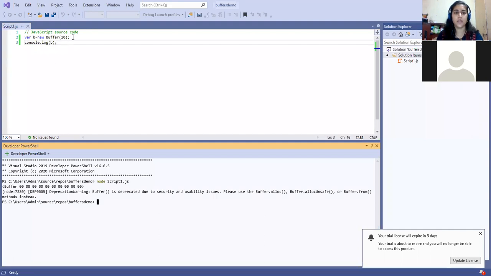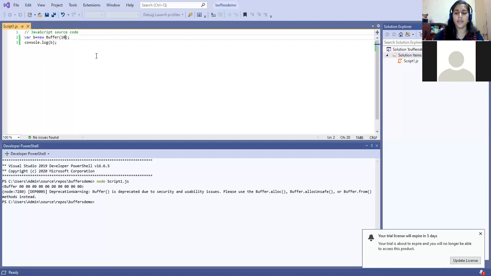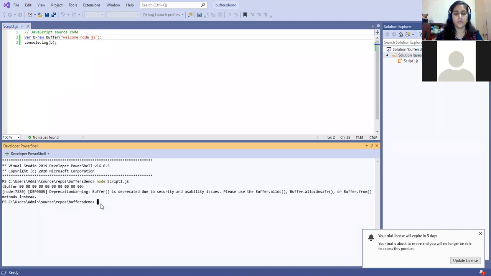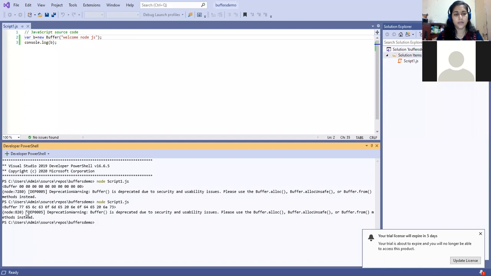Now suppose I'm putting a value over here. I can use any string, suppose "welcome node.js". Now let us see what my buffer will contain. I'm going to run it again. It contains binary representations of each character. Now if I want the buffer to display the characters I have entered, decoded,